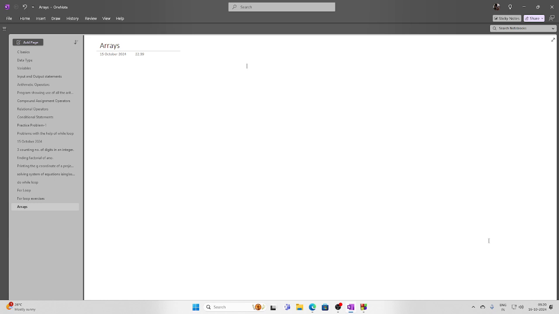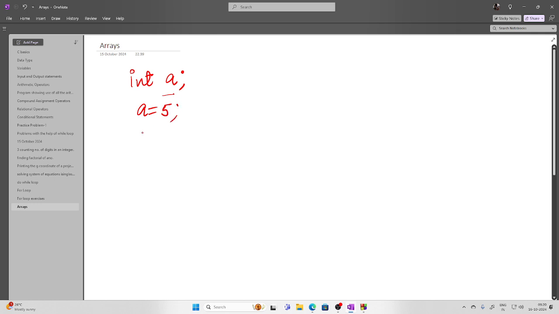In previous cases, you have seen that whenever we declare a variable, let's say int a, this particular variable is capable of holding only a single number. So a is equal to 5. Let's say this a is nothing but the marks of one student, and he has 10 subjects. So I will say a1 for the first subject, a2 for the second subject, a3 for the third subject, and likewise